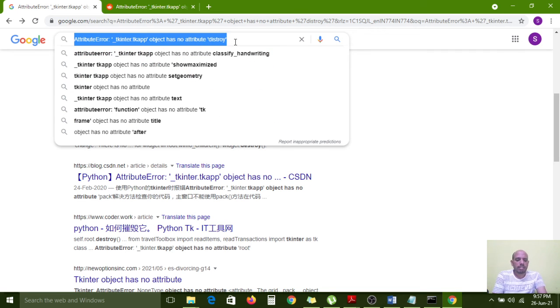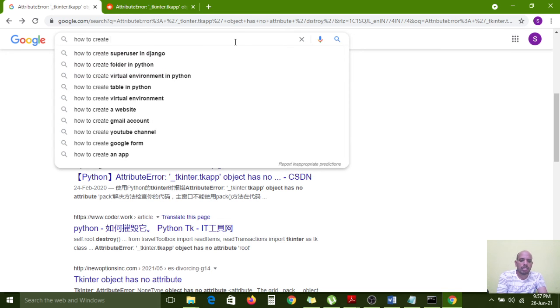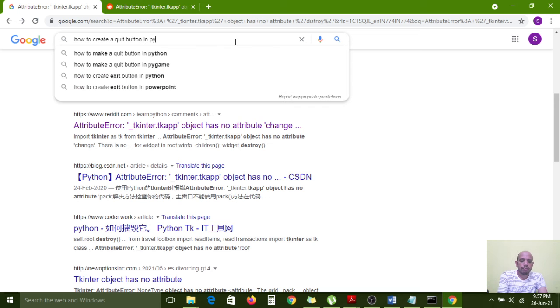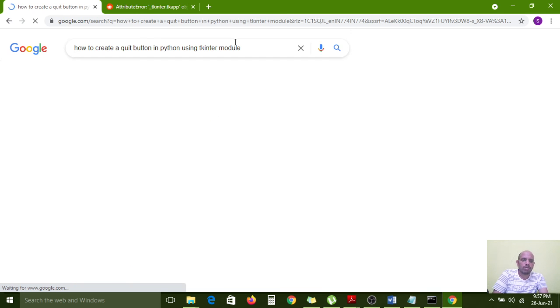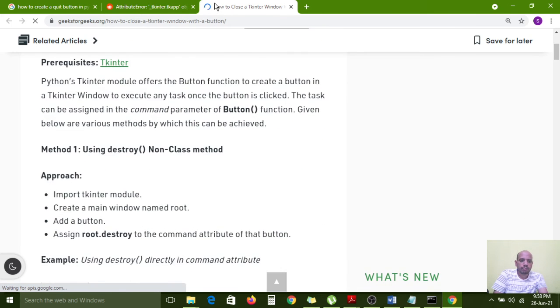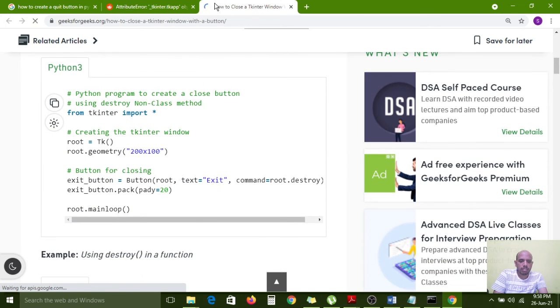How to create a cancel button in Python using the Tkinter module. The root.destroy method: command button root.